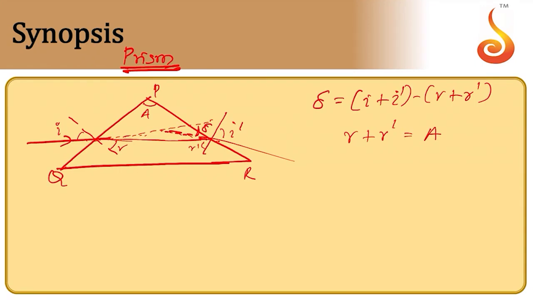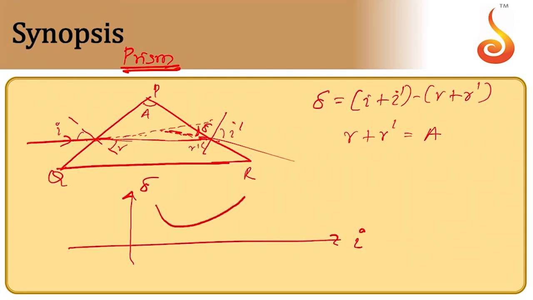So remember this one. And if you plot the variation of deviation versus the angle of incidence I, then the graph is something like this. This corresponds to delta max, this corresponds to delta minimum, and this corresponds to I minimum, this corresponds to I is equal to E, and this corresponds to I is equal to E max, and this is E is equal to 90. So the nature of the graph is of this form. So if you notice, there is one particular angle of incidence for which the angle of deviation is minimum. That means for this delta minimum,